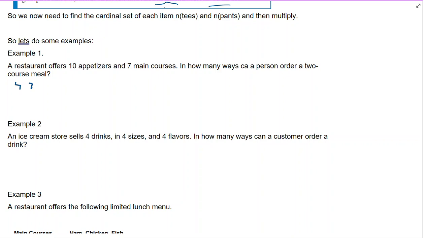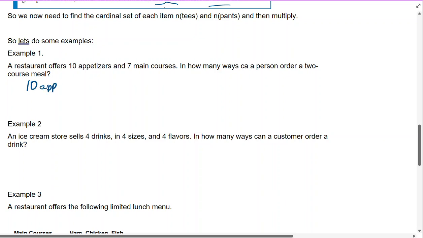In how many ways can, sorry about the typo, can a person order a 2-course meal? Well, that's the fundamental counting principle. So that is our M times N. Our M is appetizers, and we're going to multiply by our N, which is the main courses. So we can order 70 ways